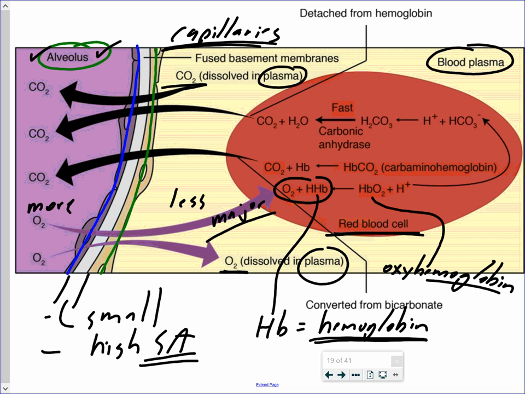So once at the tissue level, when hemoglobin gives up its oxygen, the carbon dioxide can now combine with the hemoglobin, and it can form this one here, which is called carbaminohemoglobin. Here it has it as carbaminohemoglobin or carboxyhemoglobin, hemoglobin that now has carbon dioxide attached to it. That is the second way that carbon dioxide can be transported in the blood,